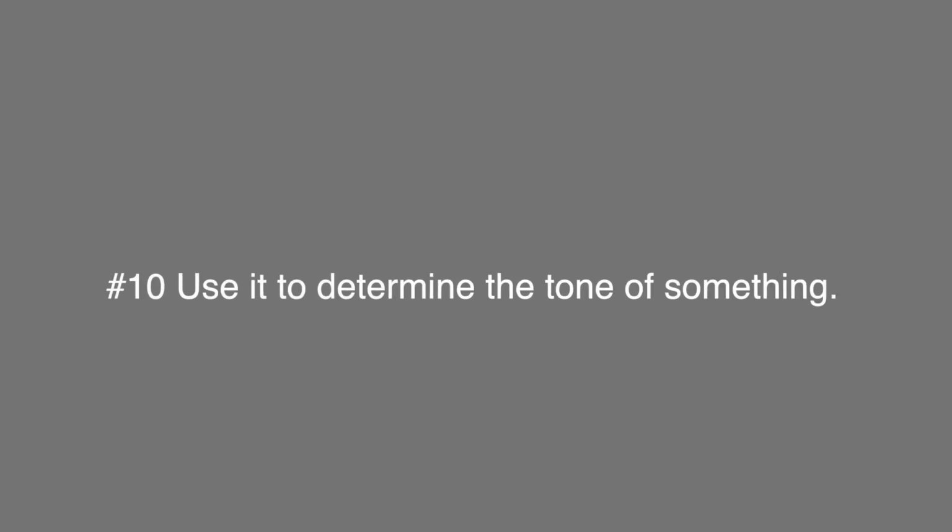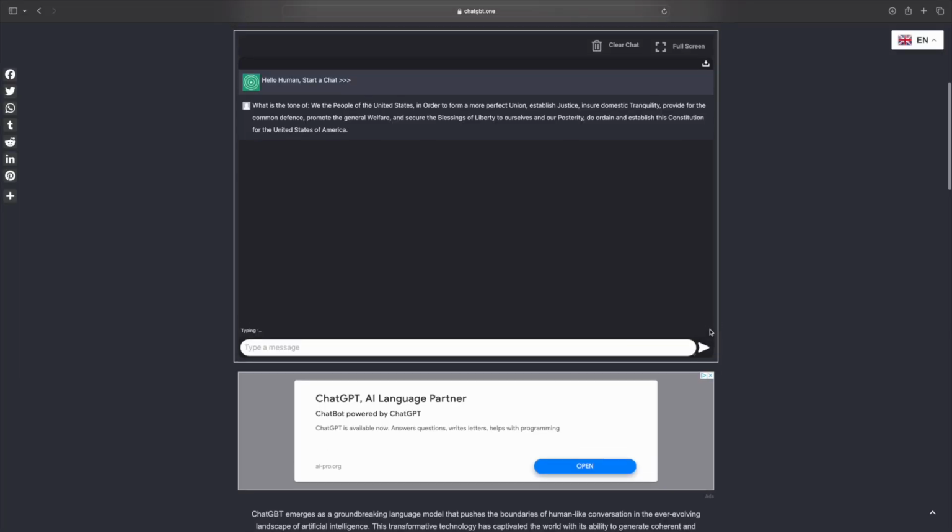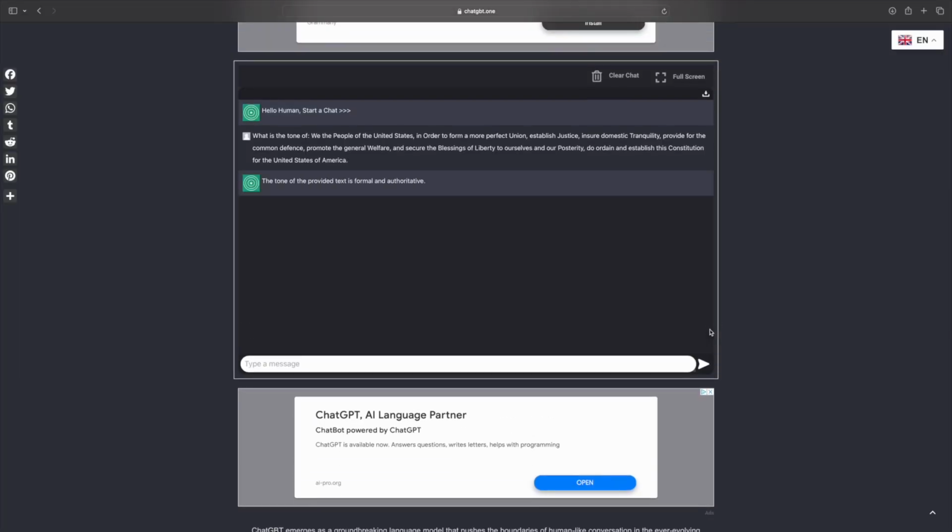Number 10, I'm a big English person and I love annotating and analyzing and all that stuff. And so this can actually help to see what the tone of a piece was. If you're trying to figure out the emotions behind it, or what the tone behind a certain article or writing or message was that someone gave you, it can figure out if it's a neutral tone, a positive tone, or a negative tone, by identifying certain words. And of course, a lot of these things you could do, or you could ask someone else to do it, but it's a super great resource that could cover a lot of areas, as you can see.